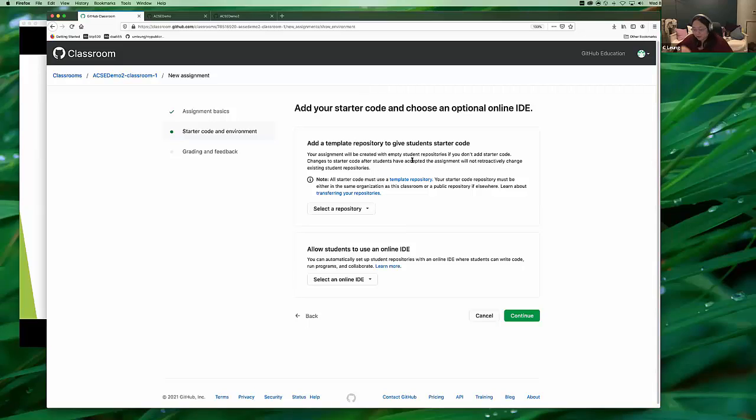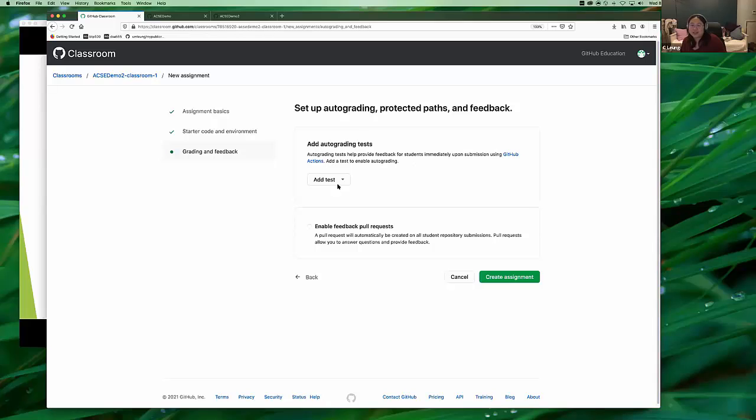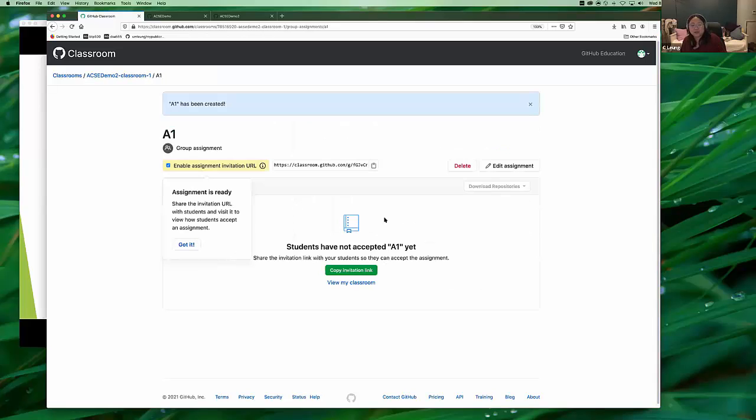So in any case, we're running out of time. So the things are already there, but here this lets you select a GitHub repository to use as starter files, and then you hit continue, and then pretty much that's it. Add auto test, create your assignment, and what this will do is it will give you a link, and you copy the link and give it to your students, and then they hit the join buttons like you guys did,